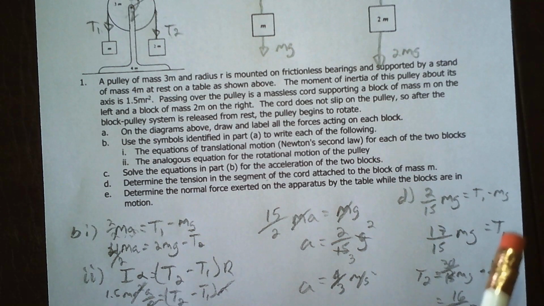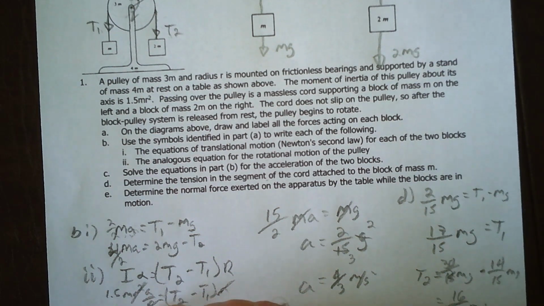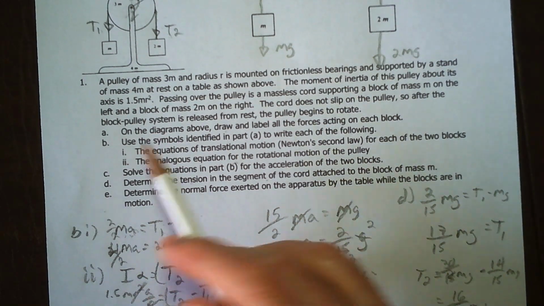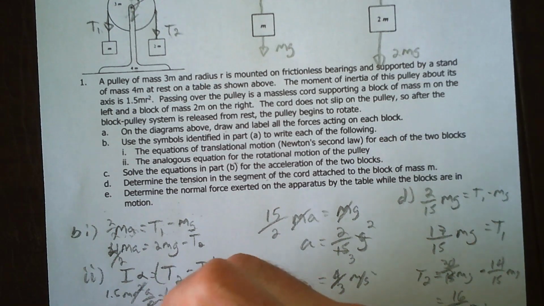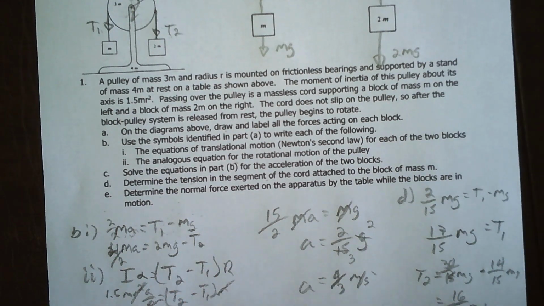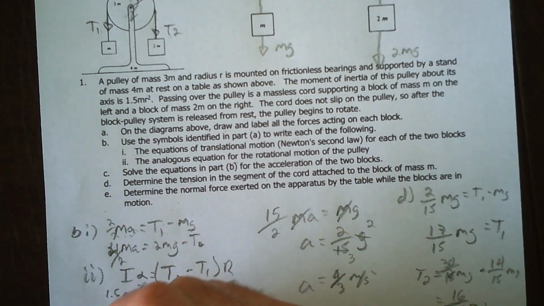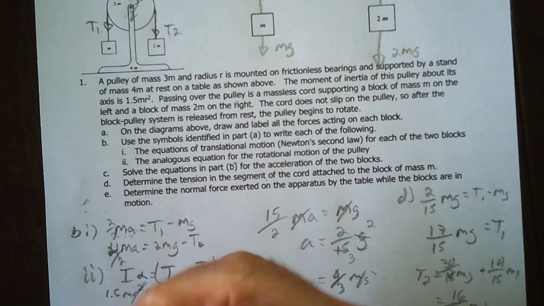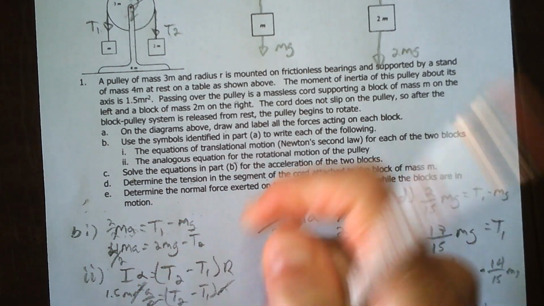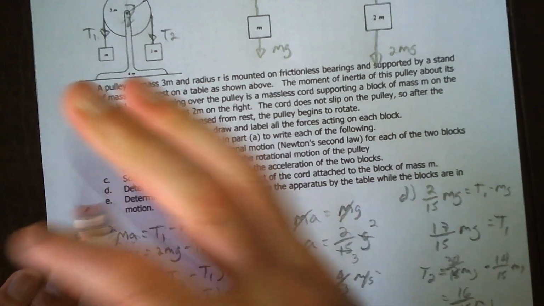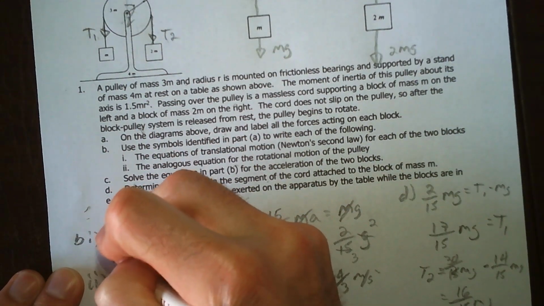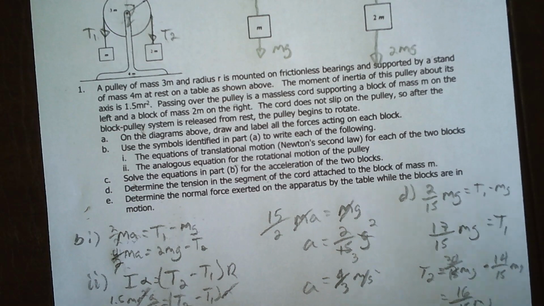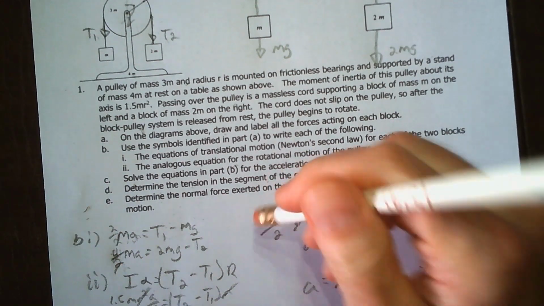Okay, I think right here's my mistake. I shouldn't have put in 3m here. It was just simply 1.5 mr squared. So this is 3/2 ma. And then adding these together, so this is 3/2, this would be 4/2. Okay, so adding these together, I have 7, 8, 9, 9/2